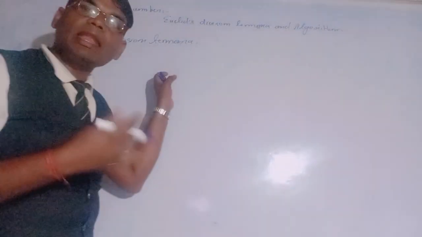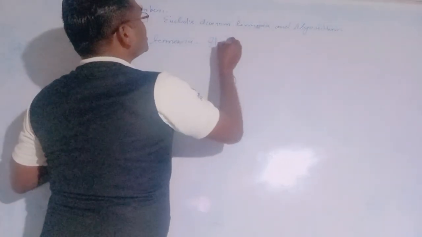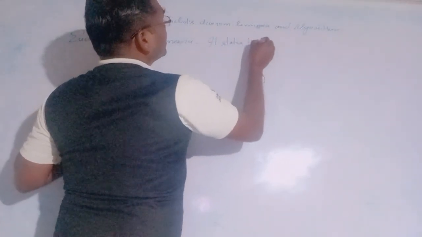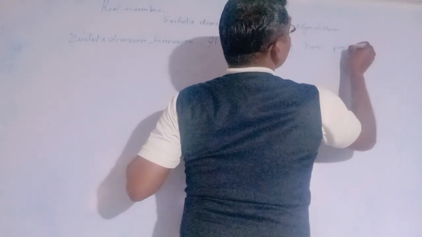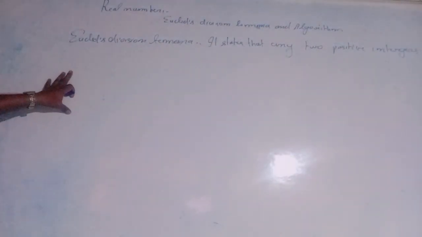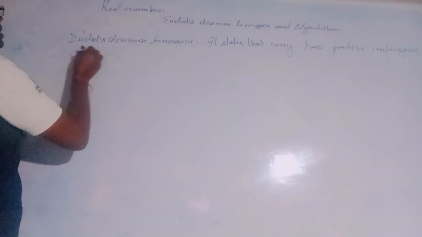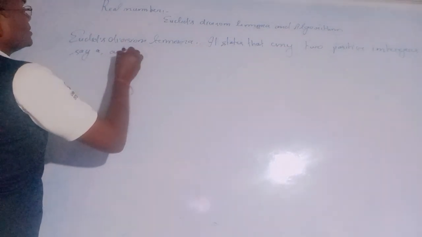According to Euclid division lemma, for any two positive integers, say a and b,